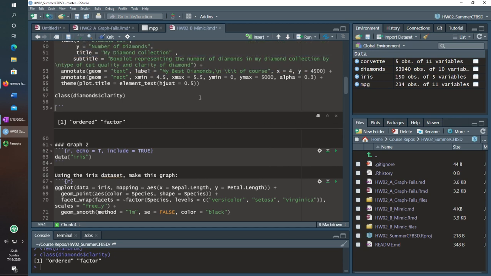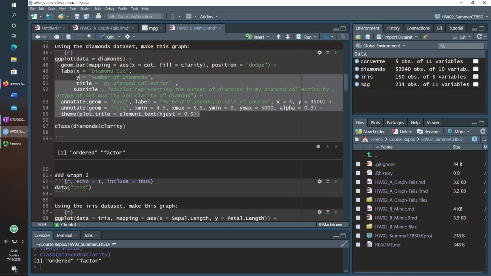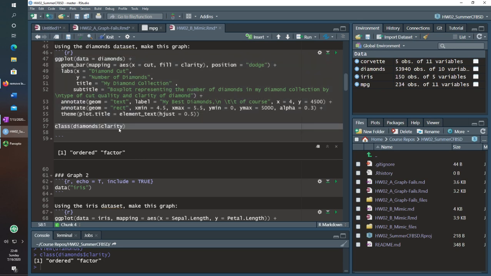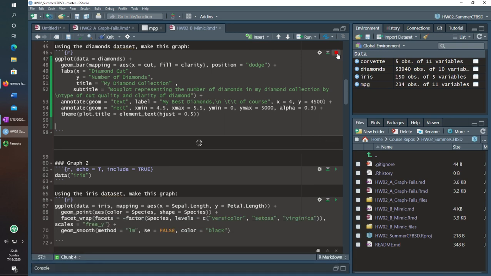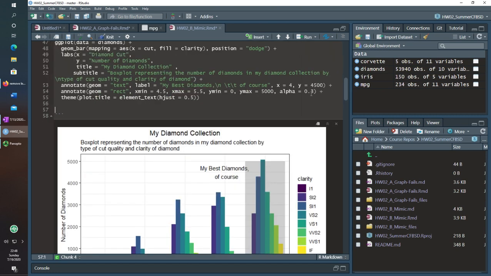And since it's ordered, it knows that it should be more of a gradation when you fill it in the colors. So nice little tidbit about an ordered factor and why they can be useful. If you haven't looked at the other factor video, I mentioned that it's sometimes useful. This is actually a good example of when some interpretation is useful.